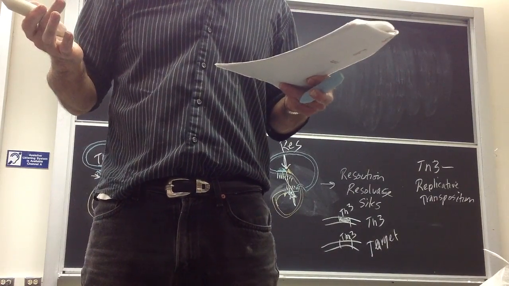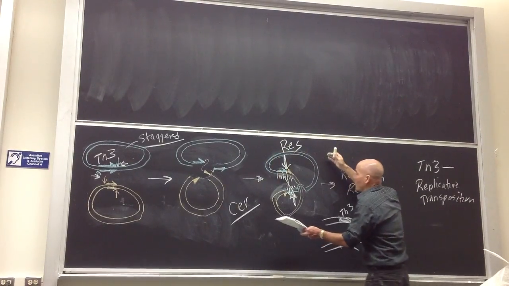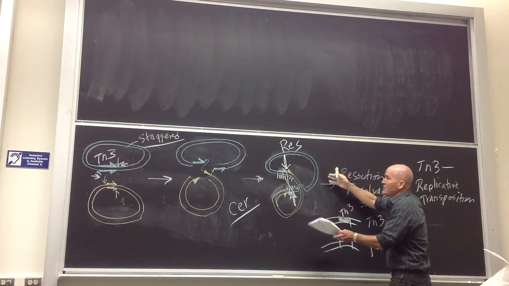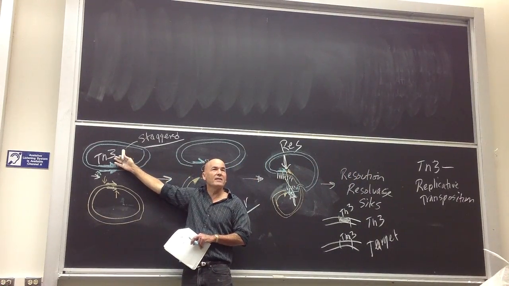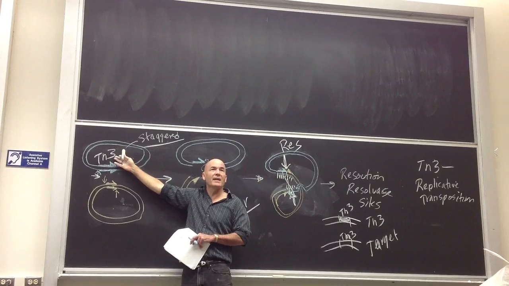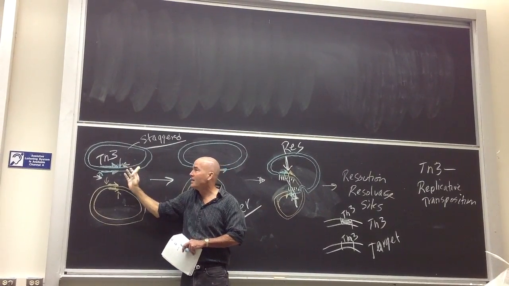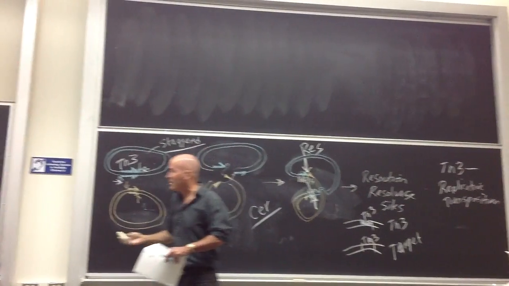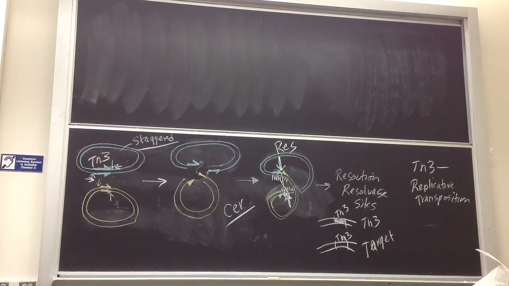Well, because it doesn't want to lose a copy. I mean, here's the problem. If it's just all integrated in the chromosome, then in a sense the transposon is lost from the donor because the donor is incorporated into the chromosome, and you've got to get the donor back. If the donor is a plasmid, there'll be a selection for that because that plasmid, like the one I just put up on the board, the nasty plasmid that's out in patients right now,